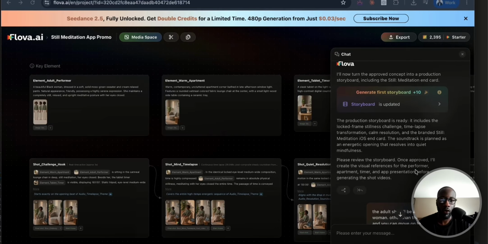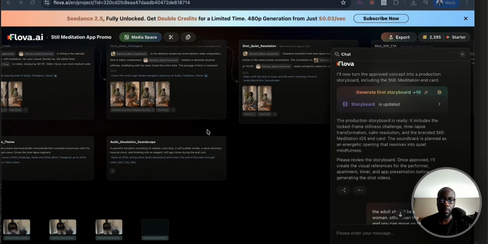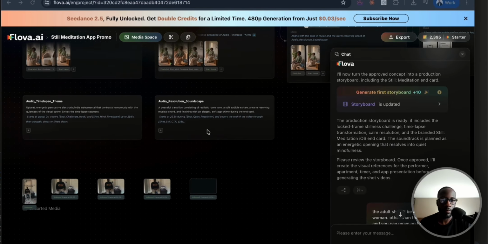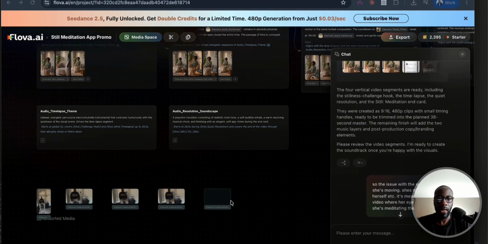And so it created a storyboard that you could then go and review and see if you resonate with it. And then I adjusted the demographic. And so what I found is that the time-lapse raw dogging meditation video is kind of difficult to actually do. And it was difficult specifically because of the timer actually going down. So I had to also use Canva and CapCut in this experience.